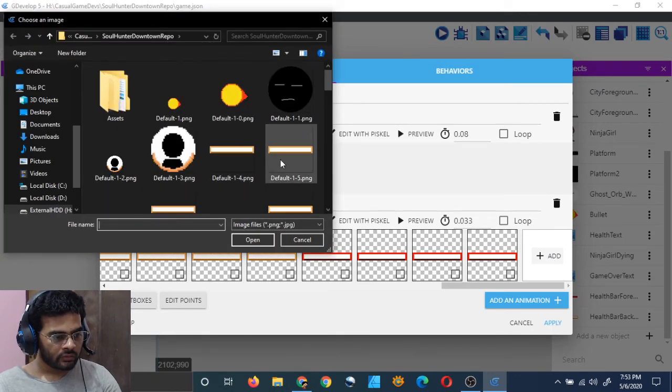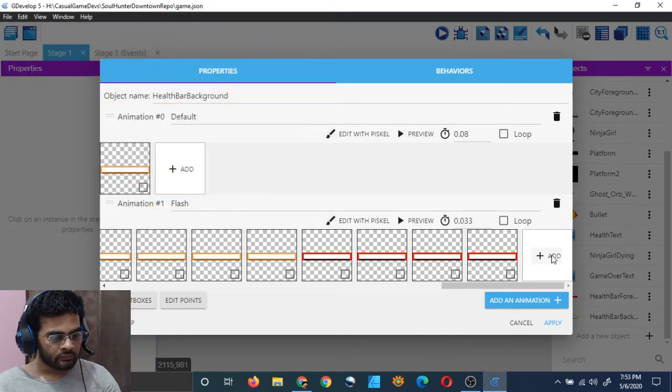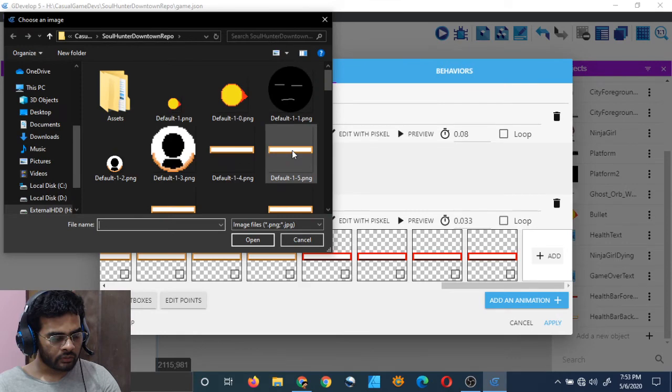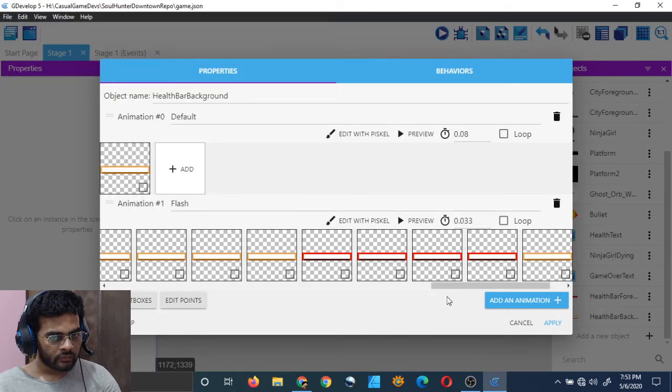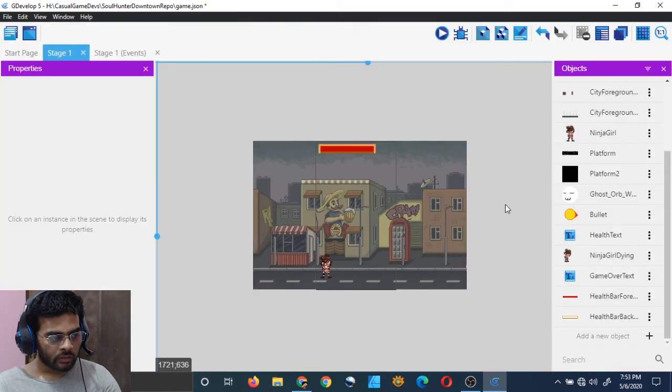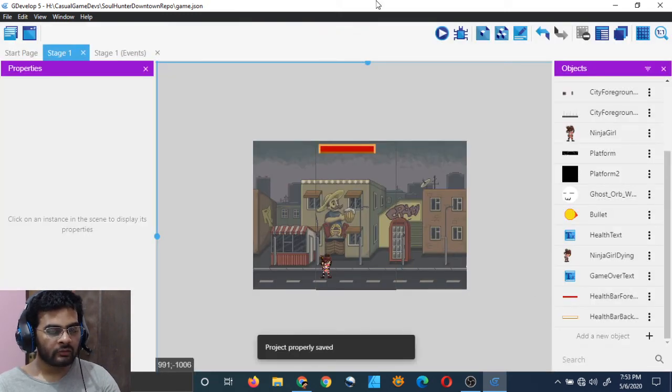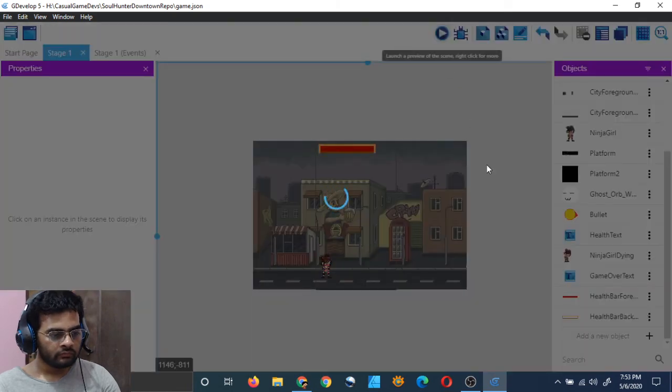Wait, no, yeah, I can do that. 512, add it and then click on apply. Now it will go back to normal color after flashing.